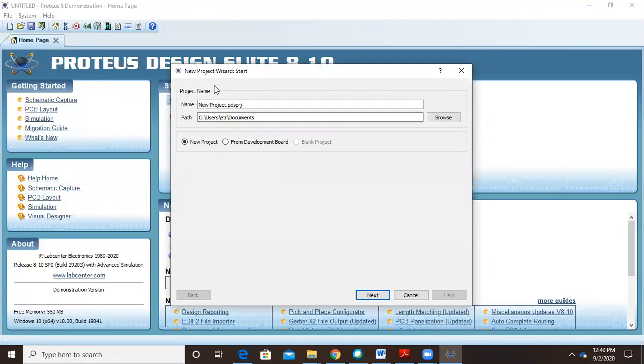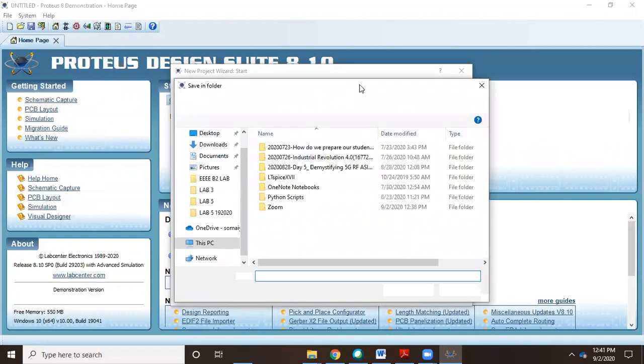Okay, so it will ask you for the project name. You can give a project name. So you can call it EEE Lab 1. Okay, you can save it. You can change the path location over here. I want to save it here. So I will be saving it here. So you can browse the path over here, whatever desired location you want to save, you can save it accordingly.